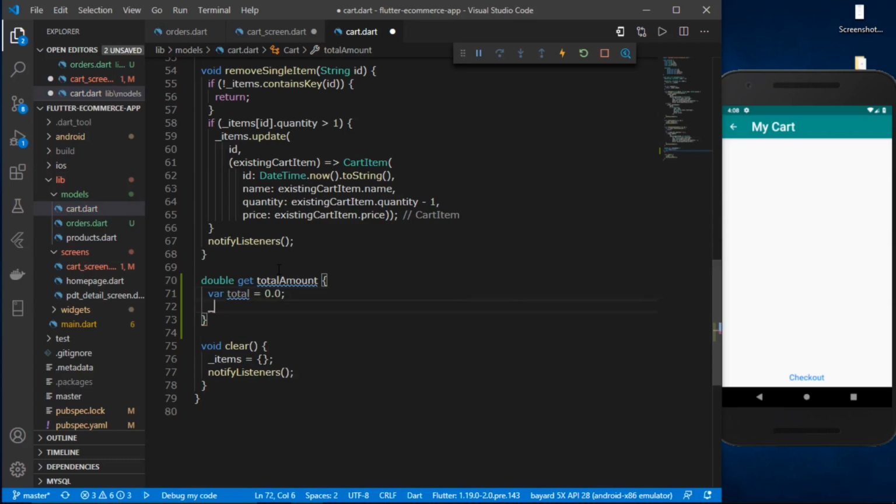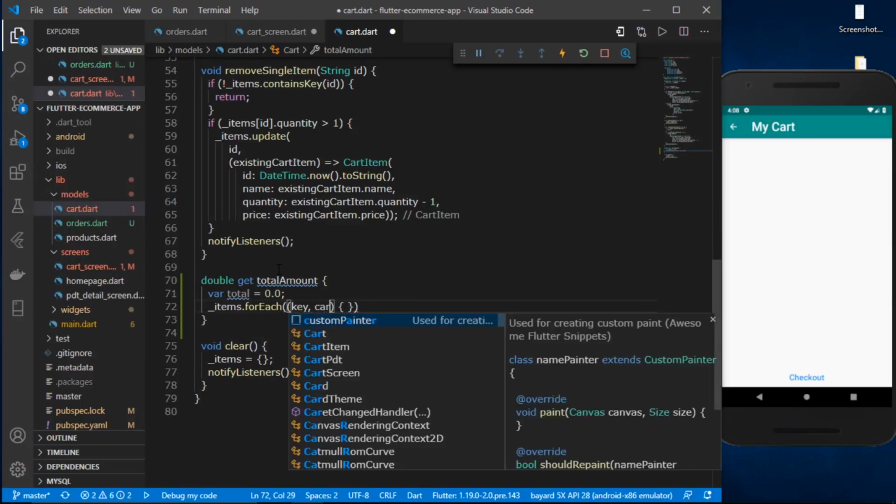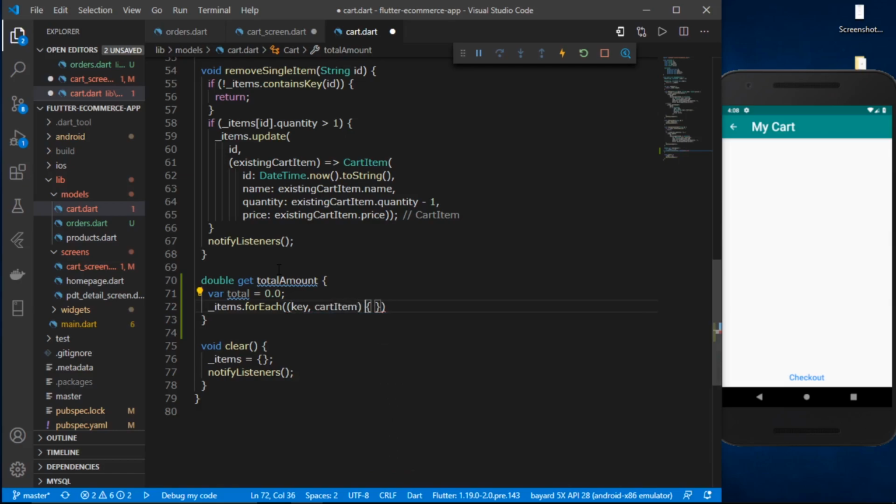And after that we need to go through every item which has been added to our cart. We can apply the forEach loop, and here inside of value, let's call it cartItem, because we are going through every cart item. And now we are going to check the quantity, and multiply it with the price of a single item. So total plus equals,